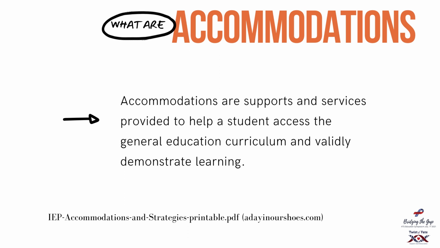We can consider the environment, so environmental accommodations, maybe a quiet area to complete work or take a test. Preferential seating, which would mean maybe sitting near the front or away from distraction, or in their area of preference. Maybe they prefer a left or right visual field. We can think about transitional accommodations, visual cues in hallways to guide the student to the next classroom or cafeteria.